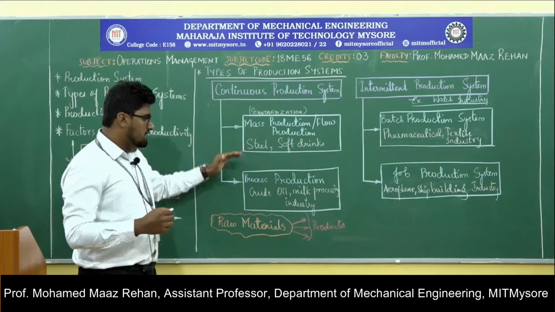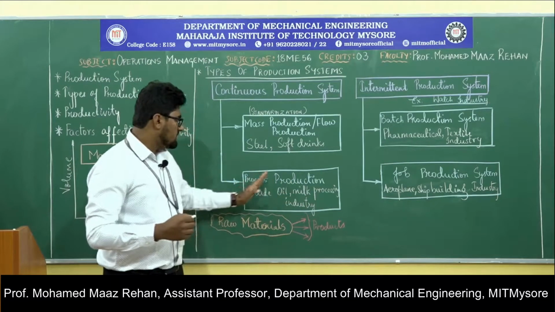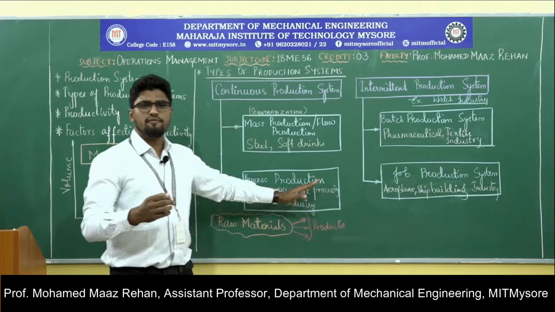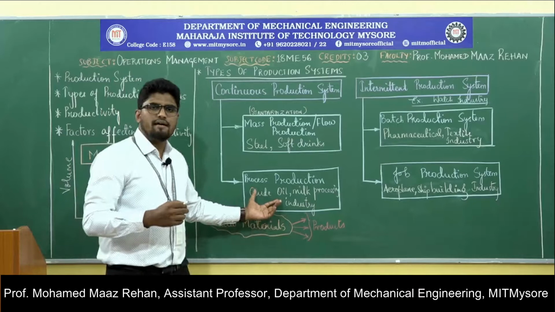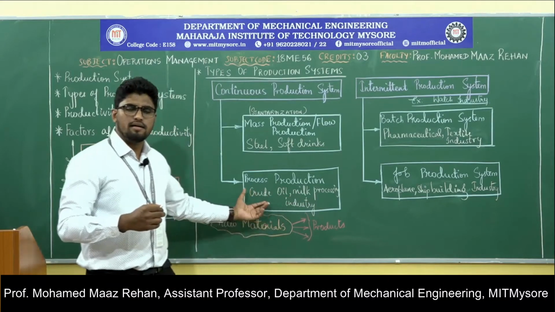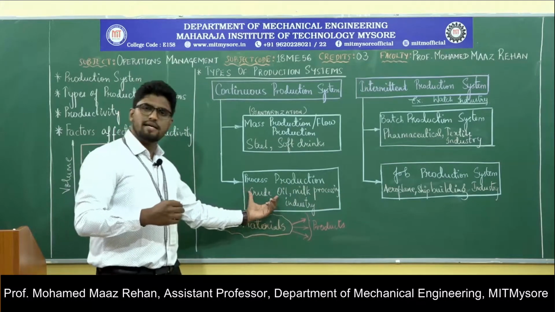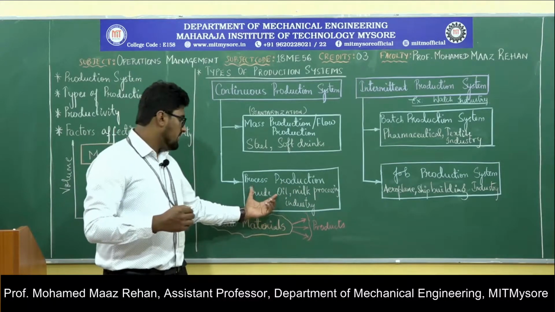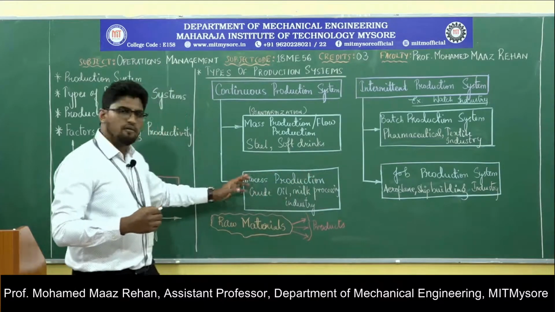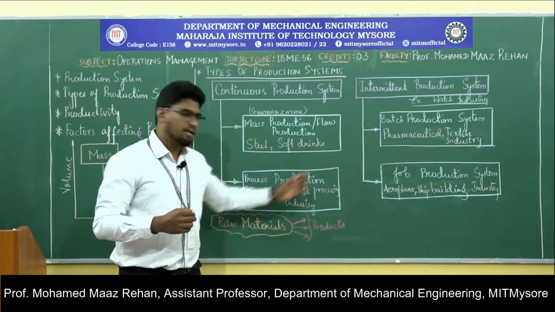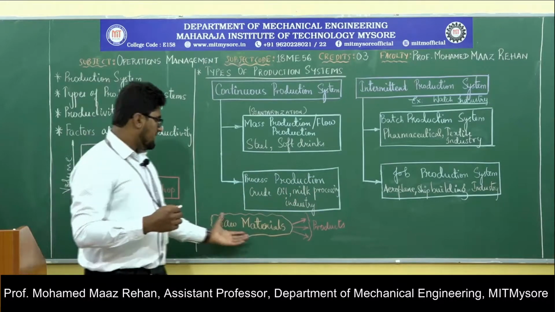Okay, moving on to the next type of production system, we have a process production system. So if we take an example of crude oil, we have many byproducts from this crude oil, like kerosene, petrol, diesel, and many more. This means that in a process production system, the output of one process is the input for the other. So here we get a byproduct.